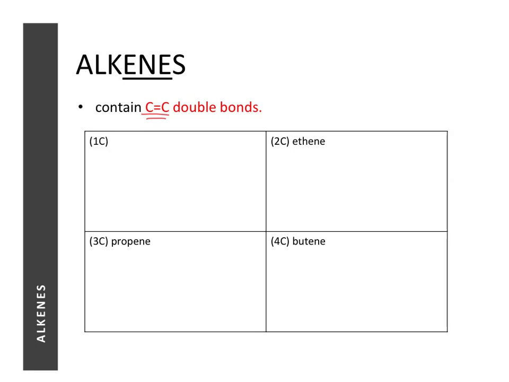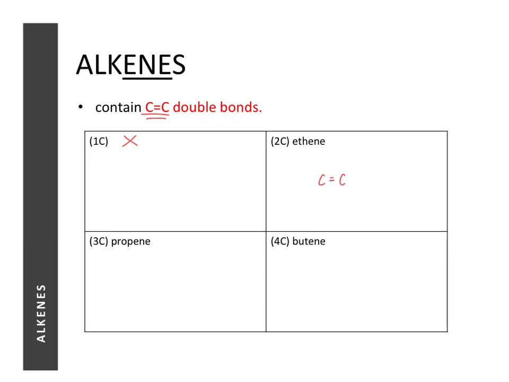For when we have one carbon, actually there's no such alkene. Can anyone immediately think of why? Now the reason being, alkenes have the feature carbon-carbon double bond. So the minimum number of carbons that need to exist in an alkene is 2. You cannot have a carbon-carbon double bond with only one carbon atom. So the smallest member, or the first member of the alkene family, contains 2 carbon atoms, and it has